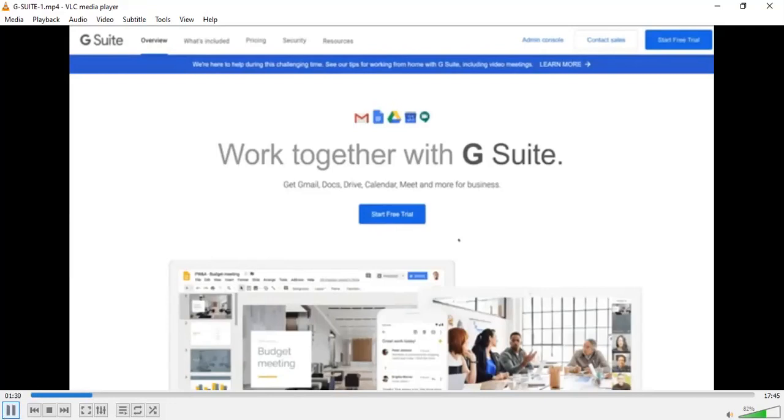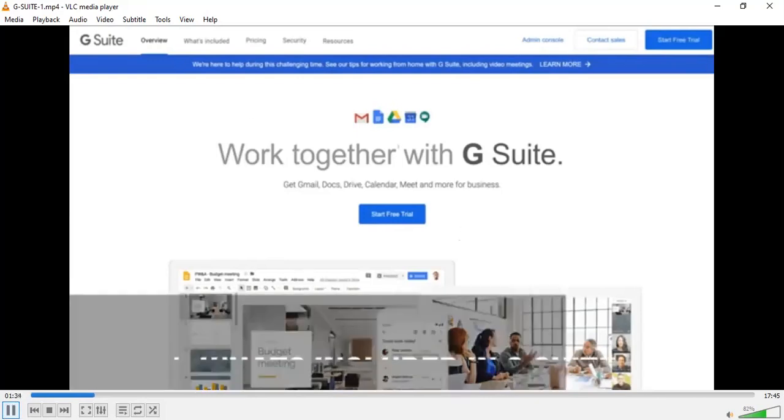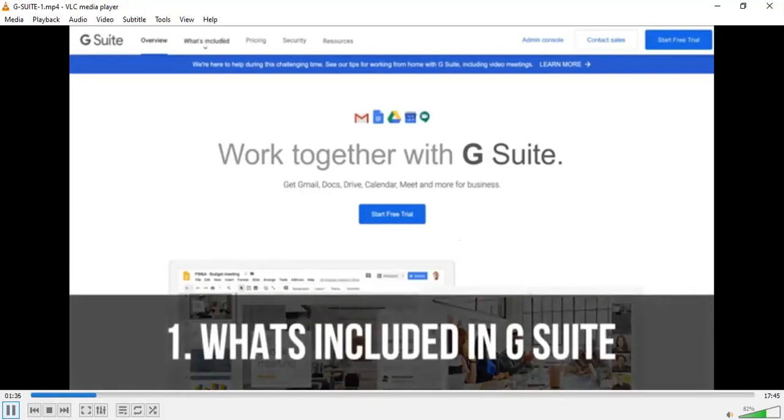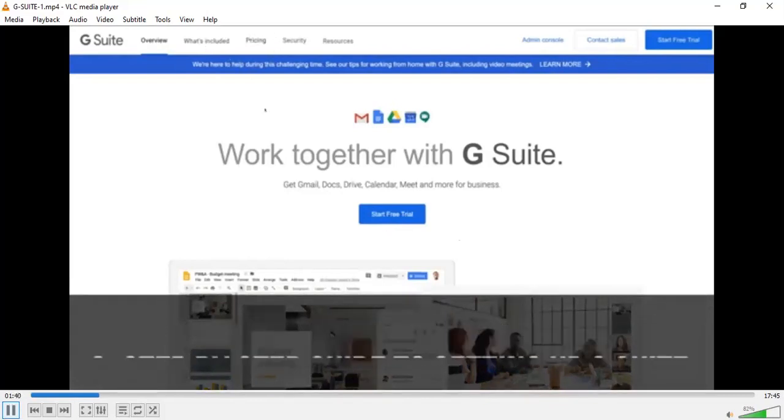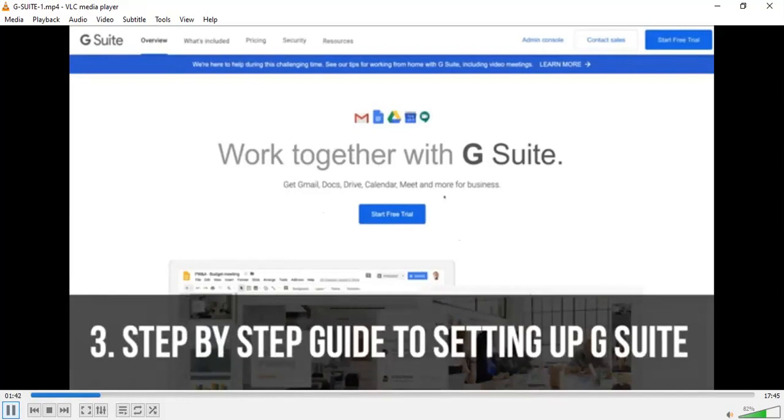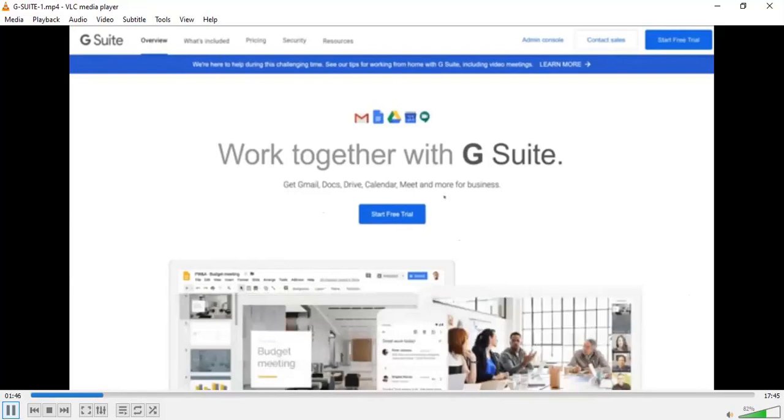That you can use for your small business and decide whether or not this business hub is going to work for your small business. Now, the first thing we want to do is look at what's included in G Suite. Then we're going to talk about the pricing. And then after that, we're going to guide you through the initial process of actually setting up G Suite for your small business. And then we're going to talk about some of the basic features and elements within G Suite that you need to understand to really make the most out of G Suite when you first get started.